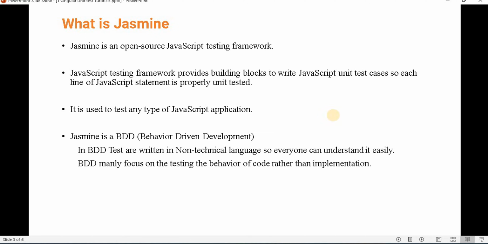And Jasmine is basically a BDD framework, which means behavior driven development. And what is the meaning of BDD? BDD is basically written in non-technical language. If we write an application in non-technical language, then it is very easy to understand. Apart from that, BDD mainly focuses on testing the behavior of the code rather than the implementation.